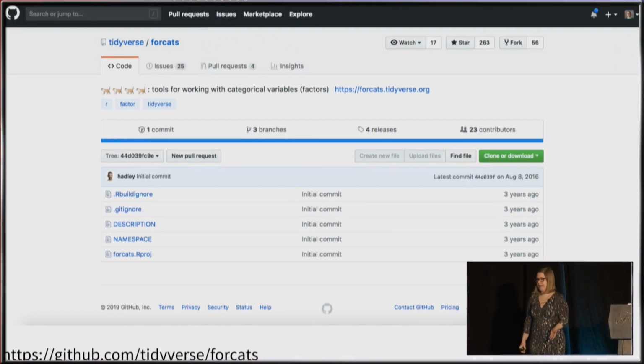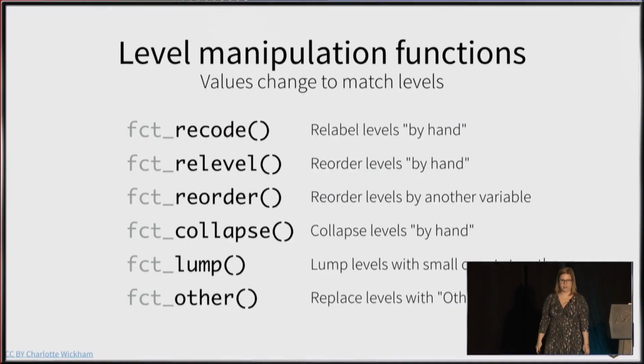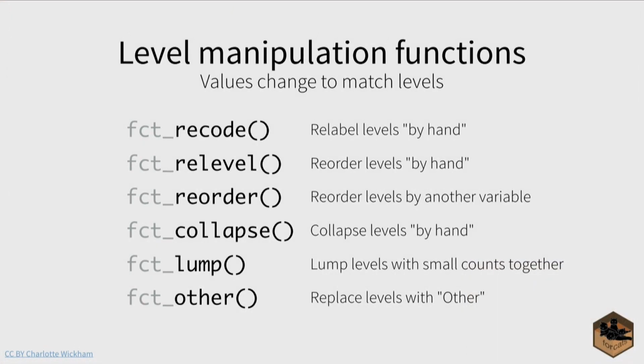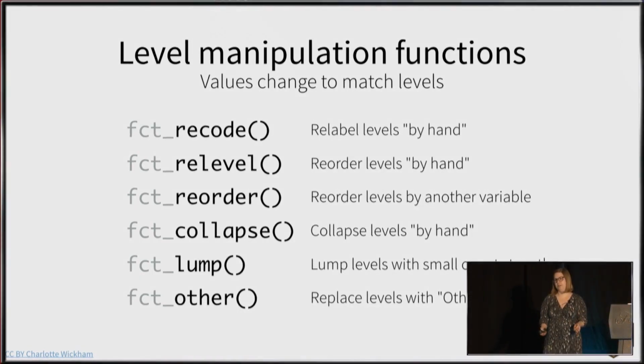So he wrote this package, and it's fantastic because it solves a huge number of the issues that were happening when you were working with factors in base R. If you haven't used it before, you must use it. It has functions like recode, relevel, reorder, collapse, lump, other, and so it can do a lot of these tasks that you would often want to do with categorical data without wrecking it and in a much more human understandable